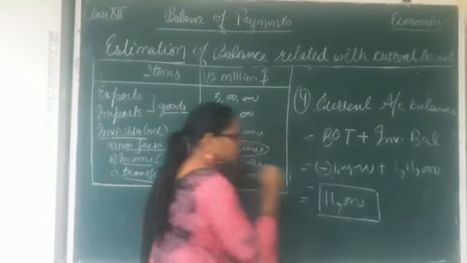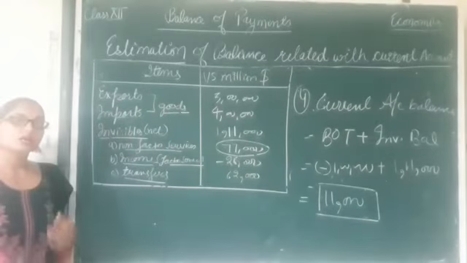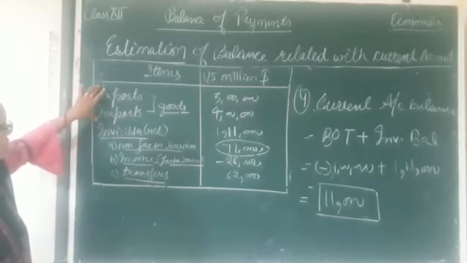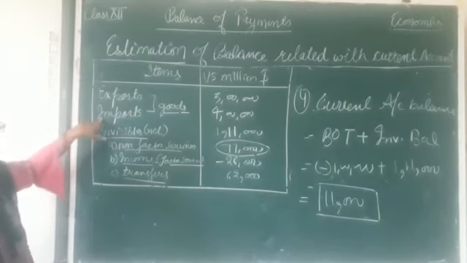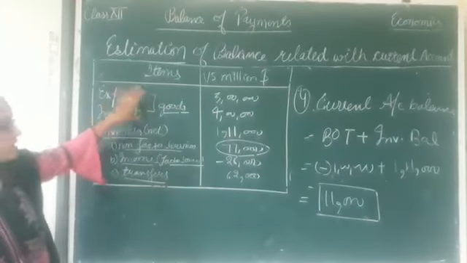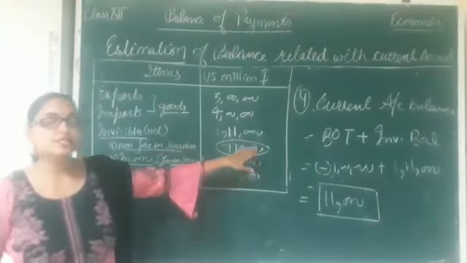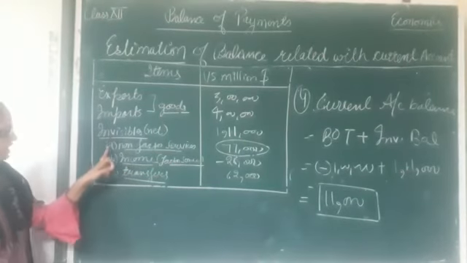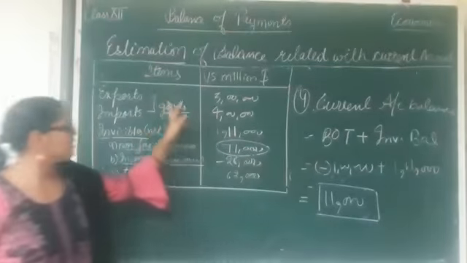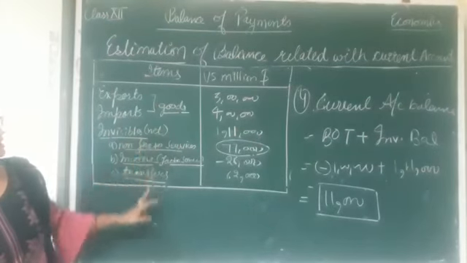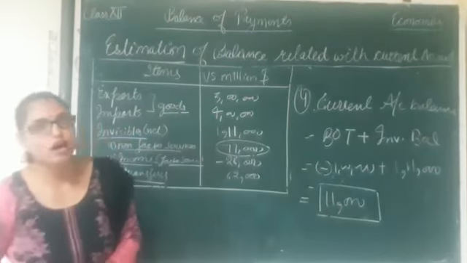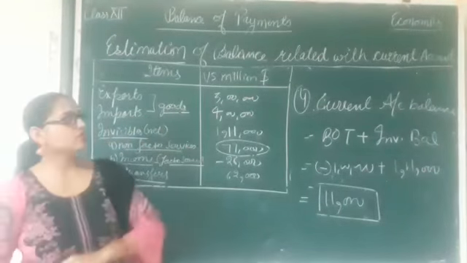So this is how we are going to estimate the current account balances. The first was the balance of goods or the balance of trade, which is export minus import. Second is goods and services balance, where we added up the balance of goods and the balance of non-factor services. Thirdly, invisible balance, where we had the balance of all these three. And fourth is current account balance, where we had the balance of goods and services and the invisible balance. So this is 11,000. This is how we are going to estimate the balances related to the current account.